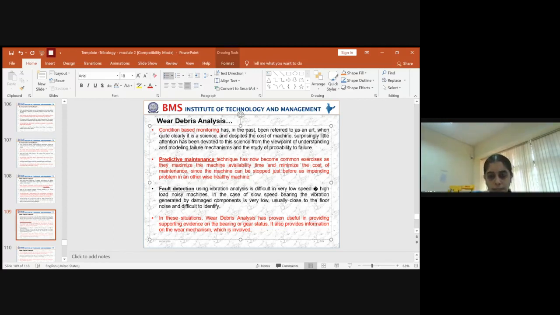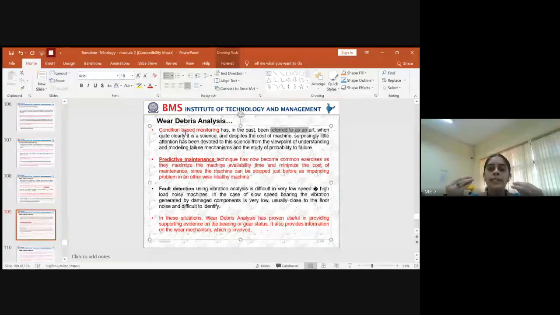So in the past, it was referred to as an art, when they were doing, right from the beginning, a continuous monitoring system, to see where the problem is exactly coming from and how to overcome it. This type of condition-based monitoring has been carried out from the past. They referred to it as an art of understanding and monitoring the entire system when the two mechanical components are revolving, and identifying where the problem is exactly. So this is nothing but a proper science.